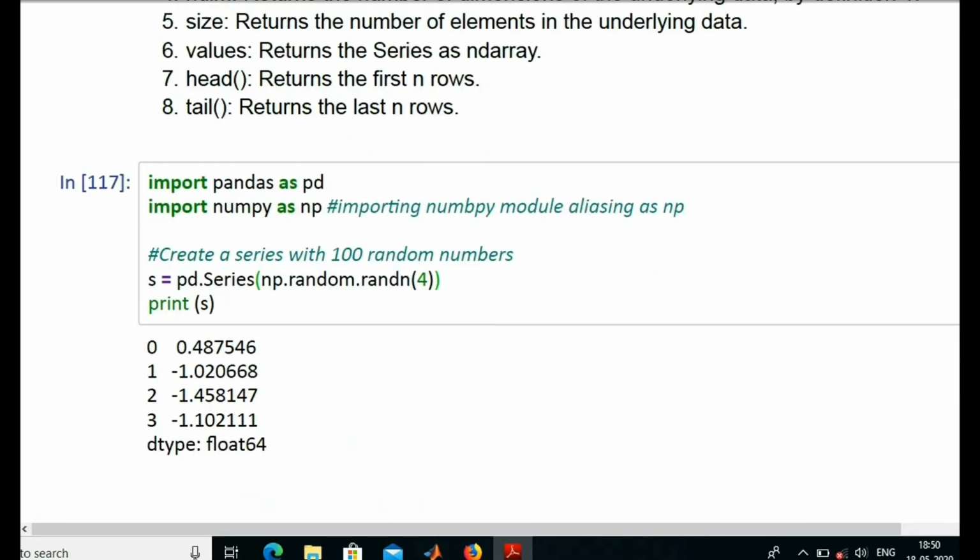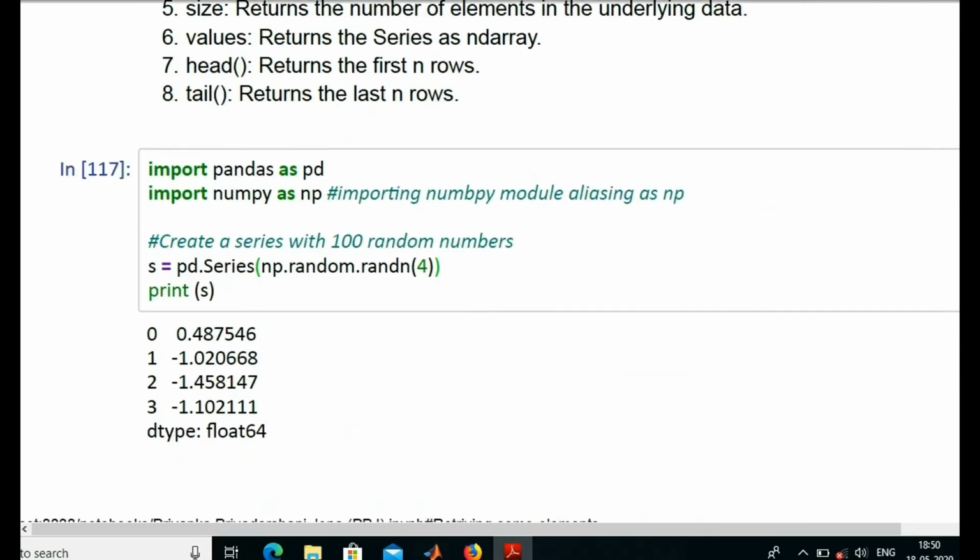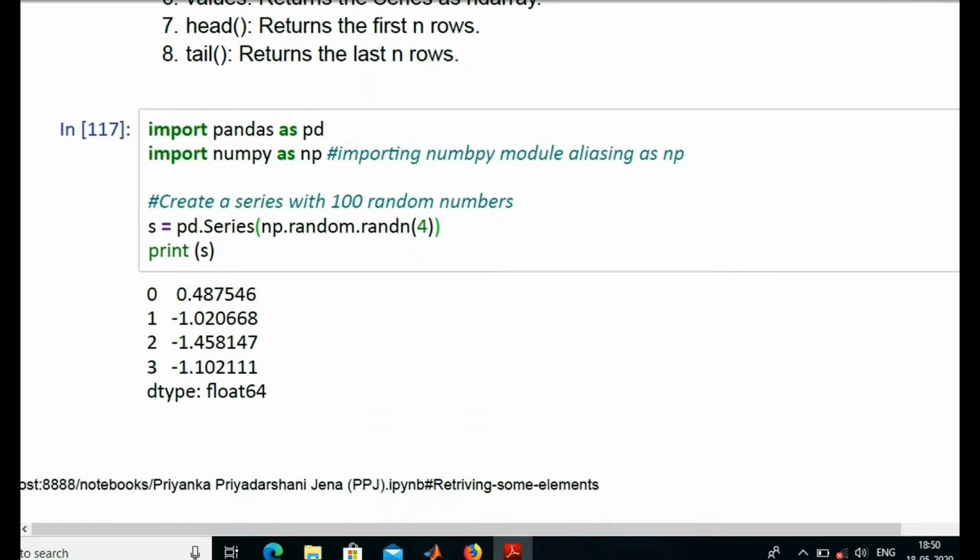Okay. In this coding, import pandas as pd, whereas pandas is the library and pd is the alias of the pandas library. And import numpy as np, because in this series we used the random.randn function of numpy. That's why in this coding we used import numpy as np, whereas np is the alias of the numpy library.